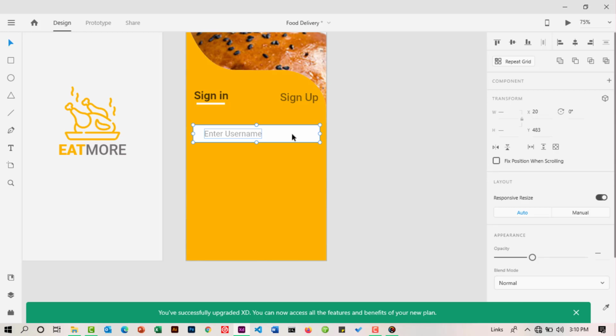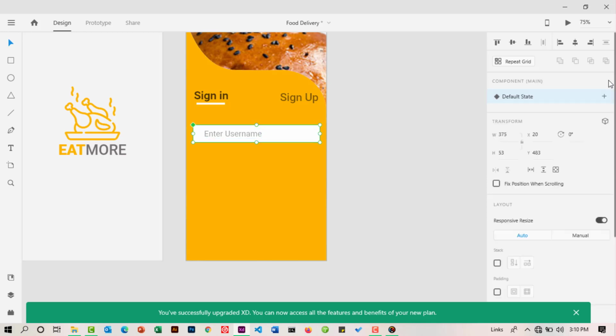So for this input field, I'll be using it more often. So I need to make it a component so that I can be able to reuse it easily. So I can select the two, the text and the shape, and then on this side here I can click on this to make it a component. You can also Ctrl+